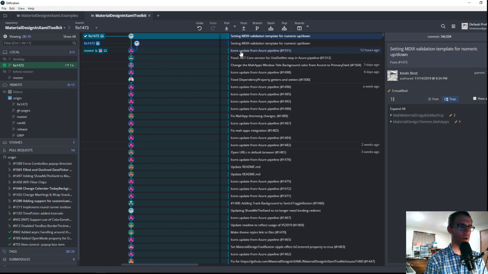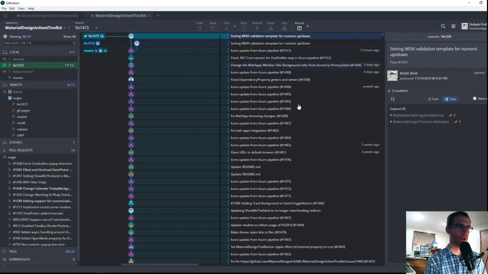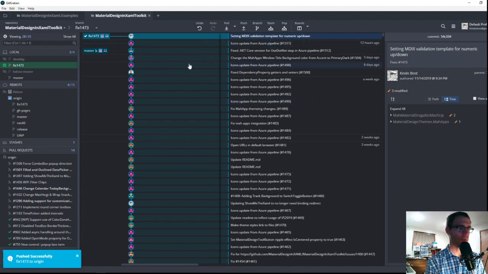This is where we were. We went back in time and said, no, we want to effectively split the timeline, and we want a new version of it going up here. Well, the server still has the old timeline, so we want to make sure that our timeline is the real one, so we just force push right over the top of it. And because it's not one of the protected branches, we can get away with this.